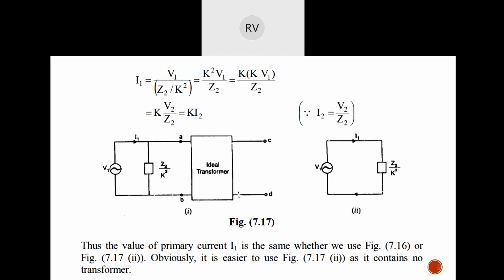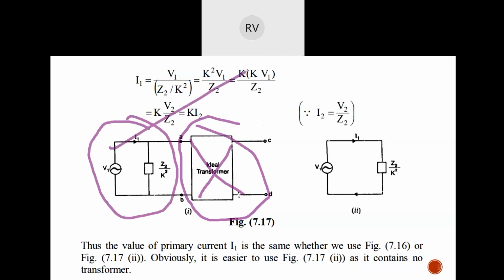7.12. So here you can see, in the figure 7.11, that this is an ideal transformer. We are taking the resistances to one side such that the transformer is ideal. And now, because of the open circuit, there will be no currents flowing in this part, the ABCD part. Because of this, we can just eliminate this, and the total circuit will be only this one. That is what is being represented here.